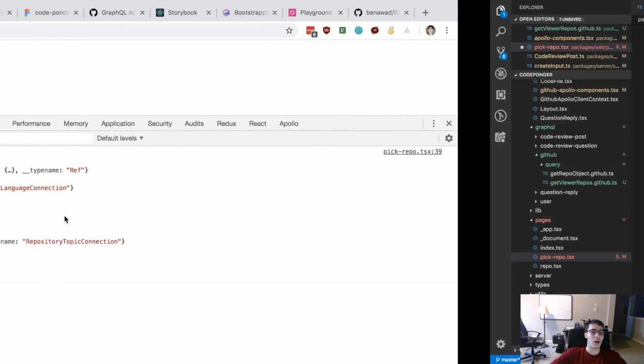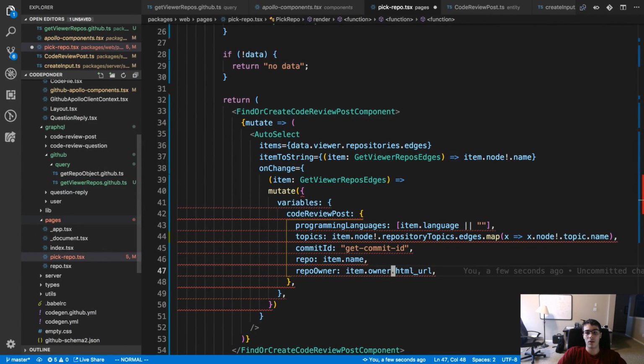Alright, so the owner login is going to be the repo owner. The name of the repo is just going to be node.name.